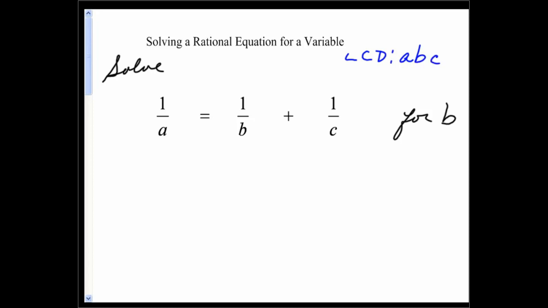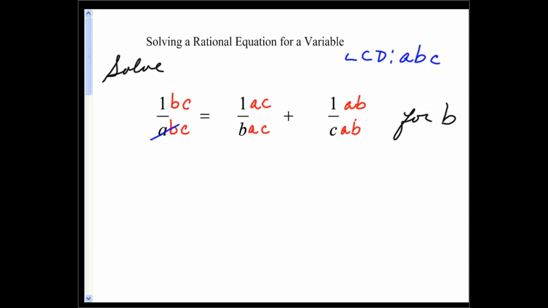So the first fraction, that denominator is missing the b and the c. So multiply the top and bottom of the fraction by bc. The next term, 1 over b, is missing the a and the c. And the last term, 1 over c, is missing the a, b. So now that each term has been rewritten with a common denominator,